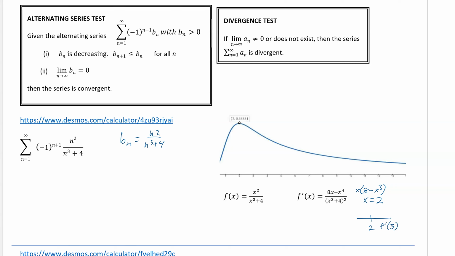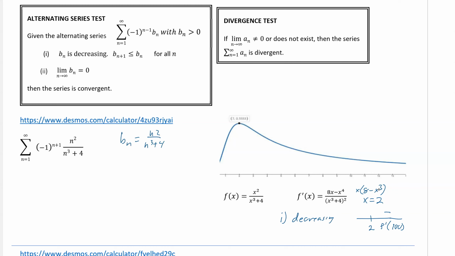Now if we plug in, say, 3, heck, let's plug in 100, because everything after that will either decrease or increase. So if I plug in a positive 100, I get 100, but this is 100 cubed, which means this is going to be negative. So we just showed condition 1,